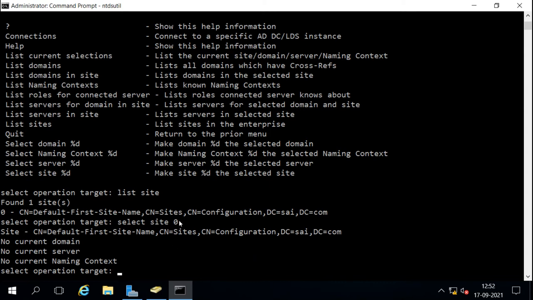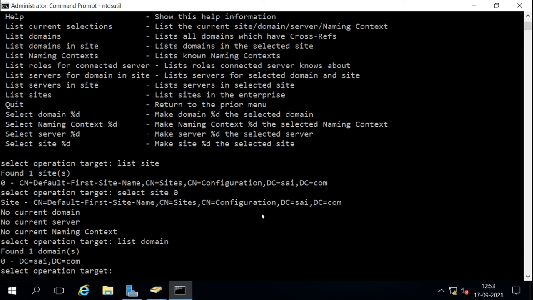It is saying that we have selected this site, but currently we have not selected any domain or server or naming context. So I want to list the domains we have. Right now we have only one domain, so I will select the domain also, select domain 0. Now the domain is also selected.